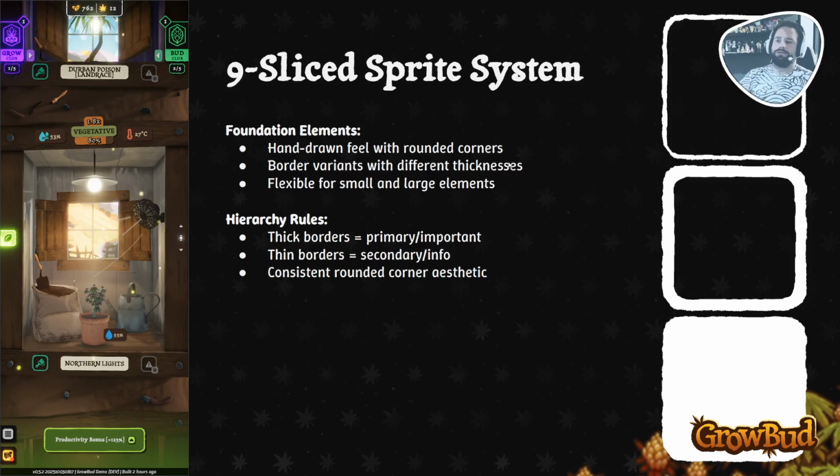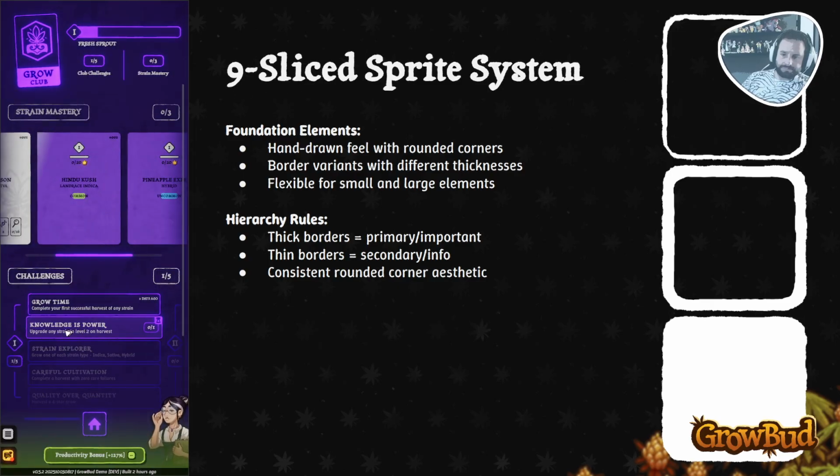Cool. Yes, my favorite: 9 slicing sprites. This saves so much time when crafting UI. If you can have a simple style made up of a few base shapes, like this one is made up of basically these 3 sprites and a couple variants in between. Essentially it's a 9 sliced rounded rectangle with hand-drawn rough edges, and you can see it used everywhere